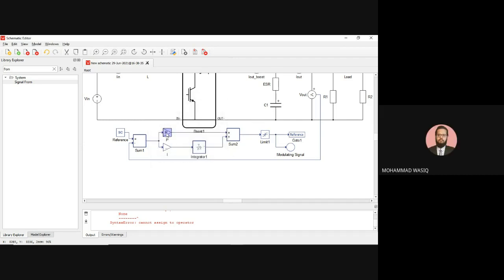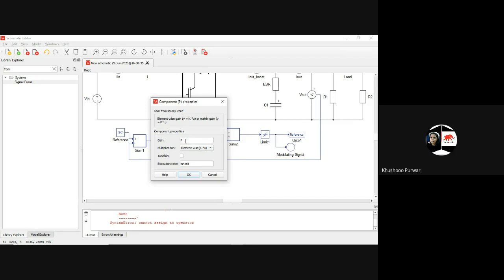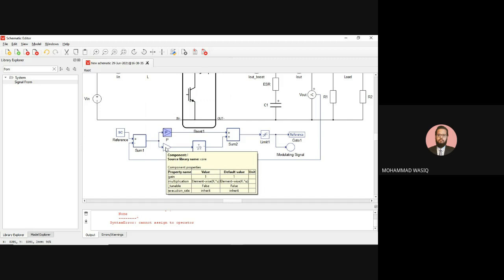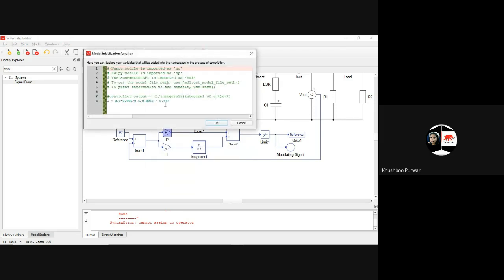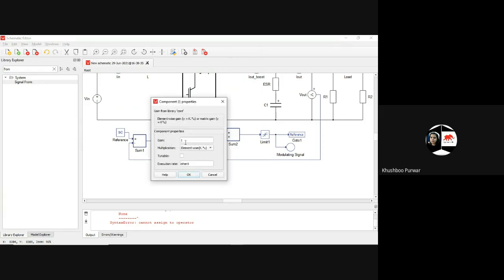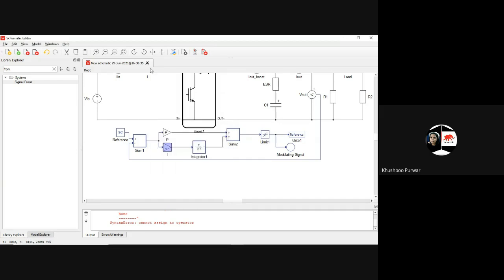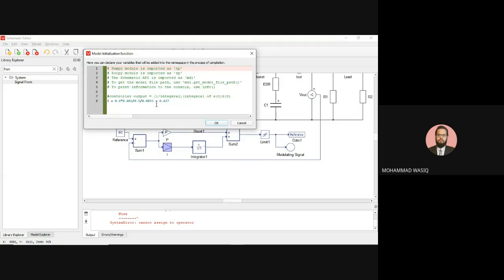Ma'am, in the Python script file. Here I have used P. No, ma'am, not here, in the Python script file that you showed before this, you are writing something in model initialization. Yes, so here you can see the value. That's why I have taken one here. Why have I taken one? One can be multiplied with anything. If I multiply 1 into 0.06, what will it give? 0.06, right? Yes, ma'am. So that is there.